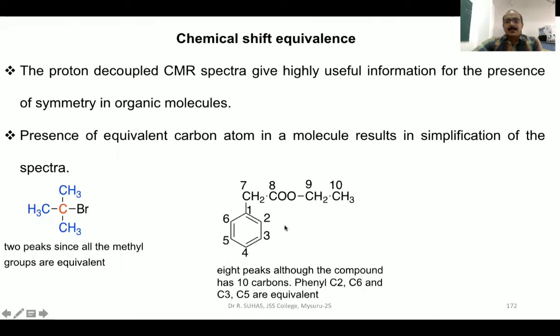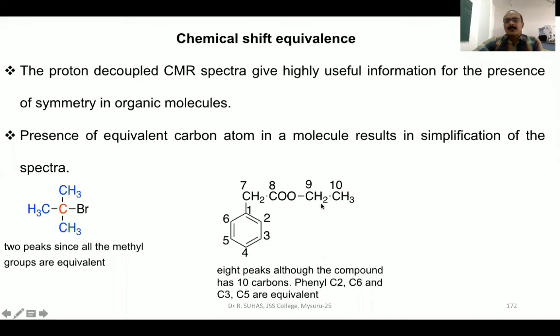This is another example, phenylethyl benzoate. Here there are 10 carbon atoms, so you cannot expect 10 peaks. We have to check for the symmetry in the molecule or chemically equivalent carbons. Say this is 1, 2 and 6 are present in the same chemical atmosphere, 3 and 5 are appearing in the same chemical atmosphere. So as a result, we are going to observe 8 peaks instead of 10 peaks in